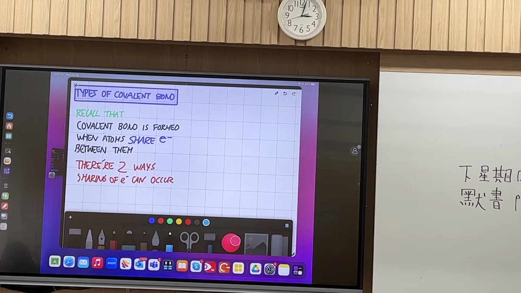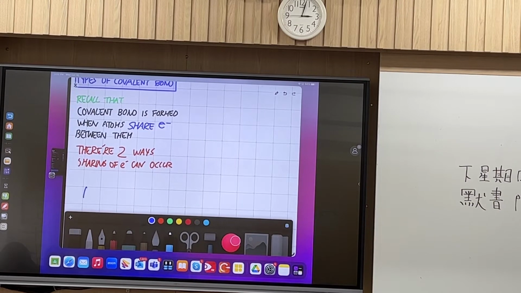The first is when you have two atoms and the two atoms contribute equally. Like for example this. So you have